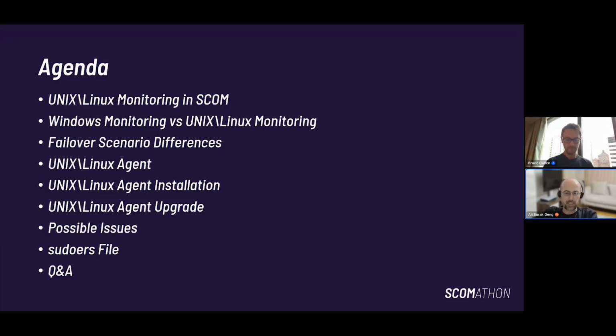Then we will mention the agent, the installation, upgrade, and possible issues, where I will talk about some general ones and a few I have encountered during my experience. Lastly, we will talk about the source file, and finish for today with some questions and answers if there are any. So let's start.